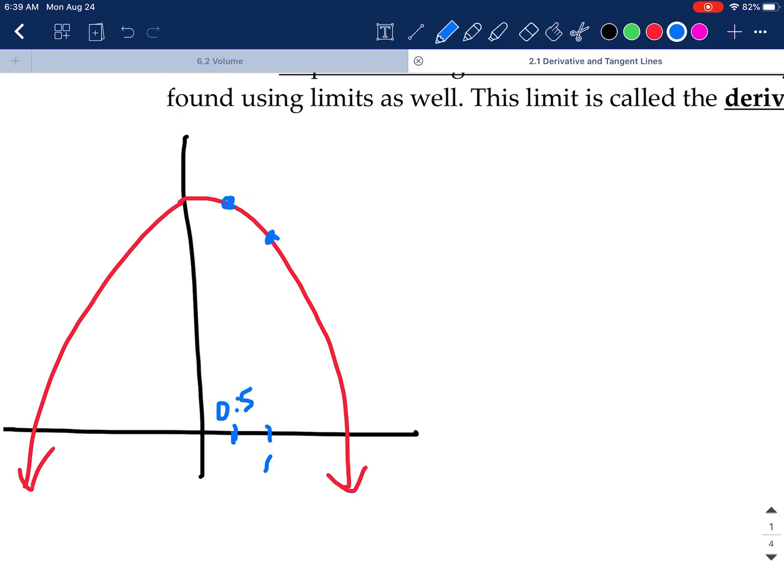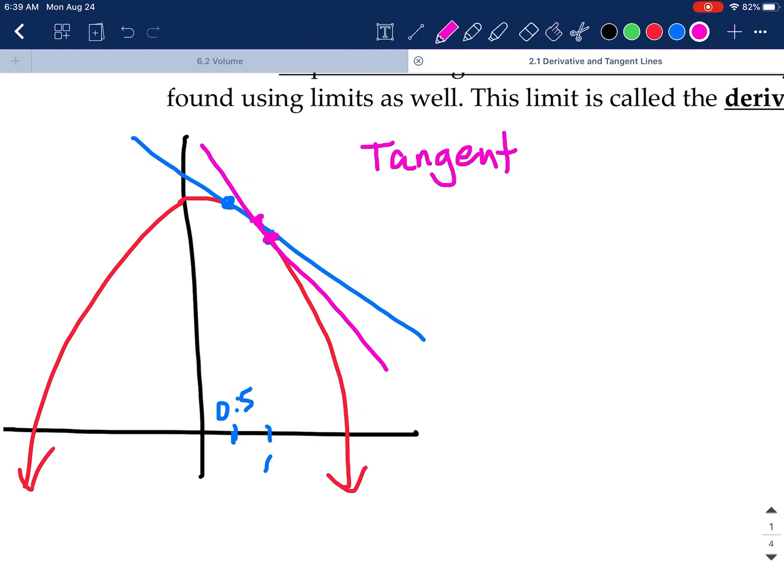We picked those 2 points, and we drew the secant line, and we said, okay, well, the slope is close, but it would be even better if, say, we did 0.9 to 1, right? And we got better and better approximations of the tangent at that point,